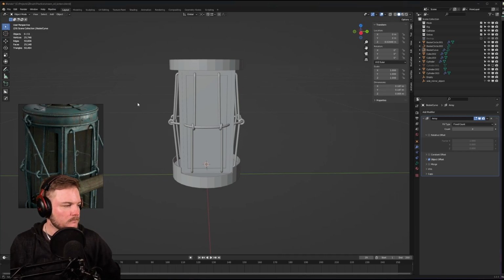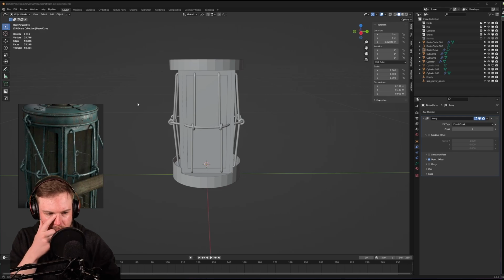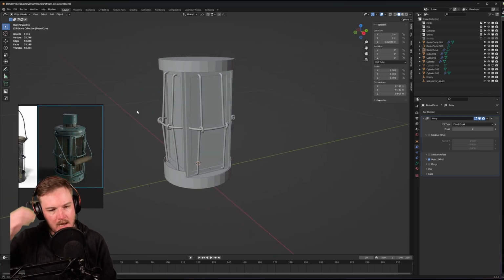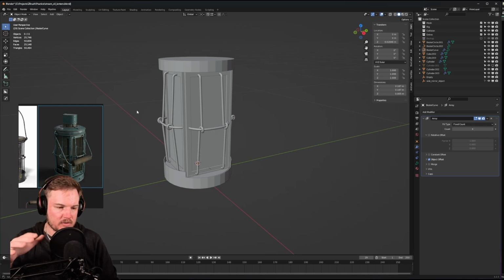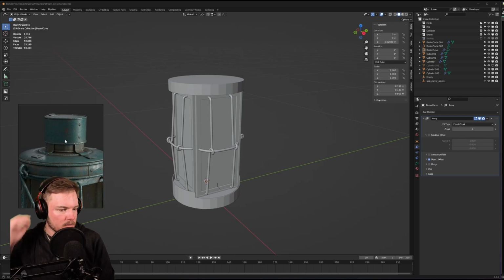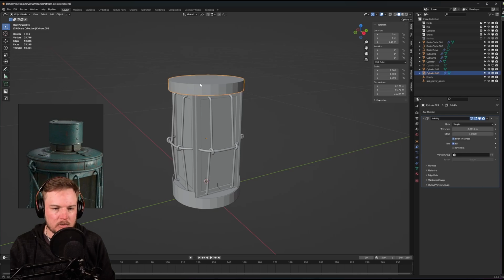Let's see. What else could we do? Perhaps we should just add all the basic details. I've been focusing quite a lot on the doors, on the main casing. I might have to focus a bit more on the upper body of this thing. What's the best approach? Let's just start with adding